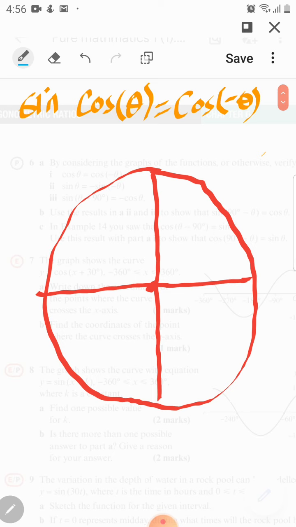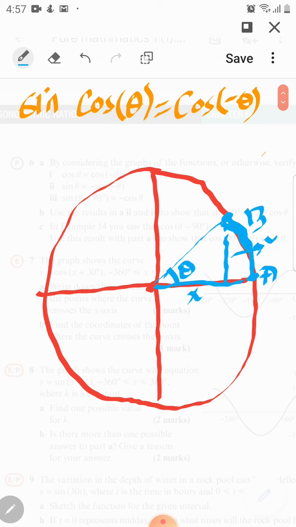students? So let's suppose a particle is at point A and it moves to point B. So it covers some arc length AB, right? So it makes some angle theta, some positive angle. So if you draw the perpendicular from B, this distance is x and this distance is y, and r equals 1, right?